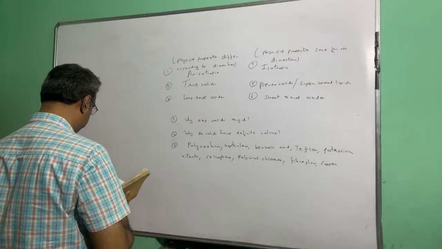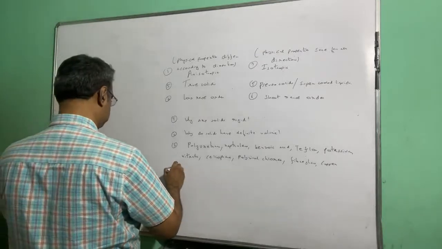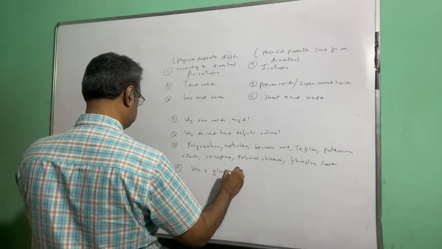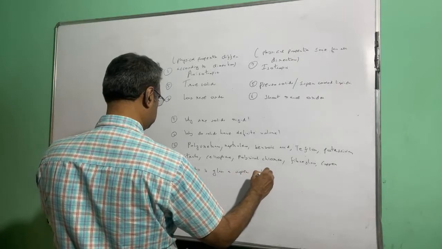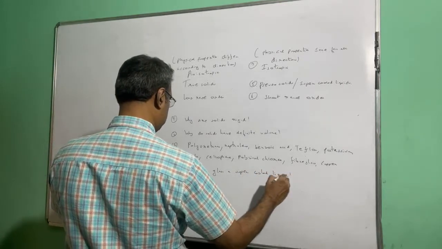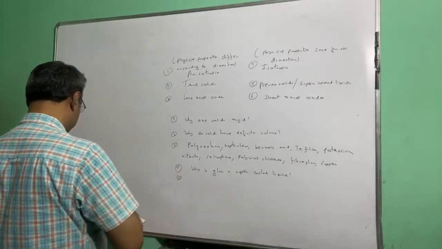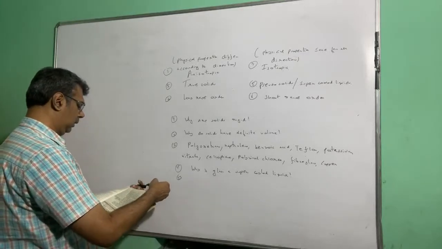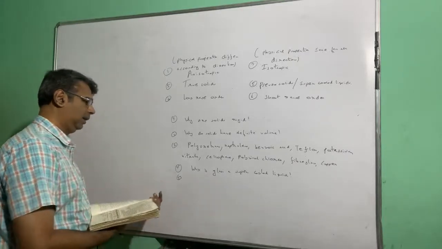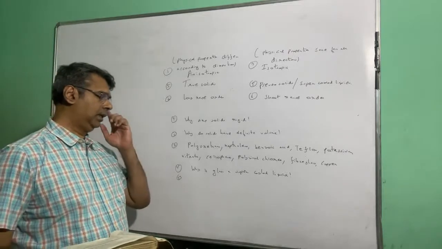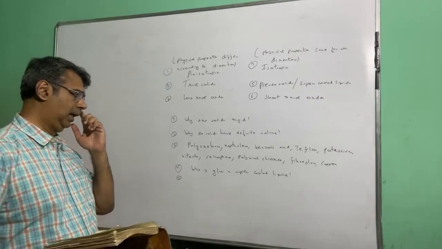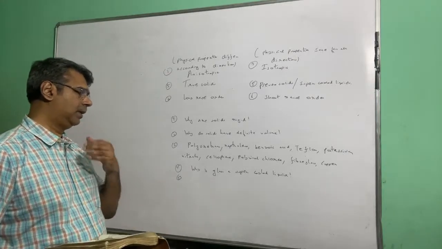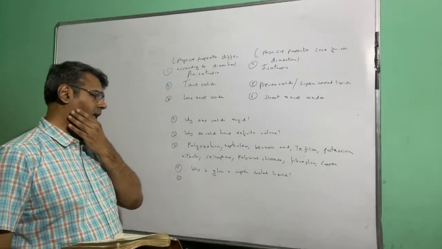Then question number 4. Why is glass considered a supercooled liquid? So the answer will be that glass does not actually have any sharply defined melting point, and therefore it tends to soften over a range of temperatures, and that is the reason why